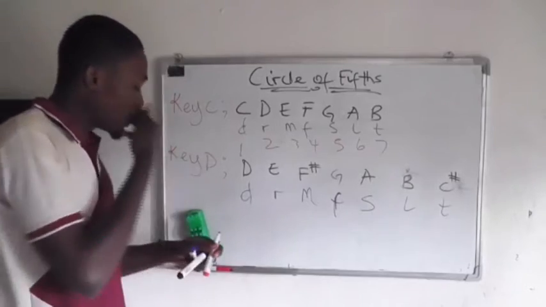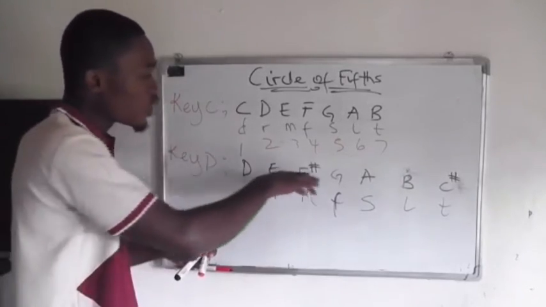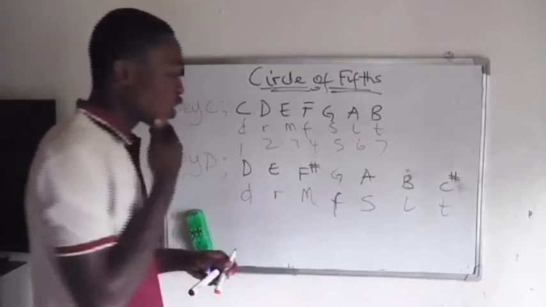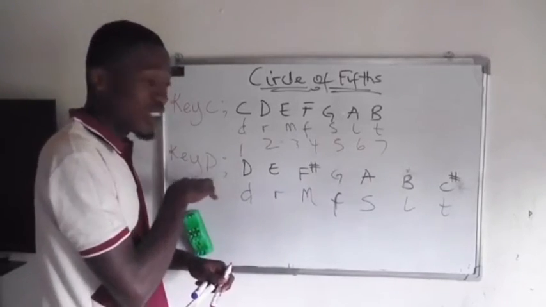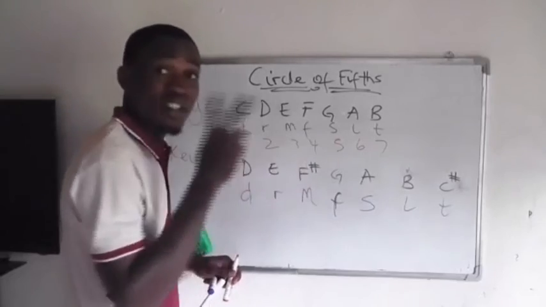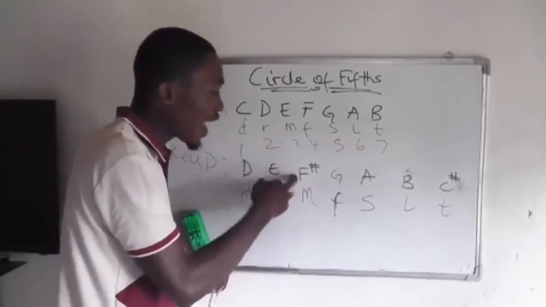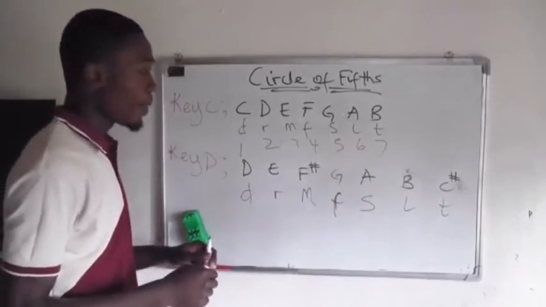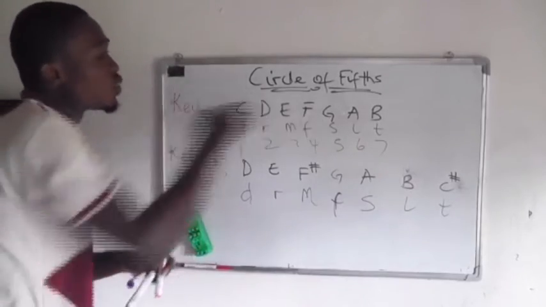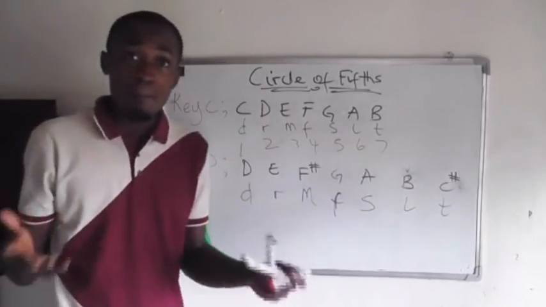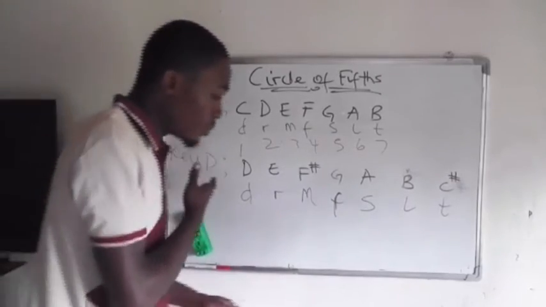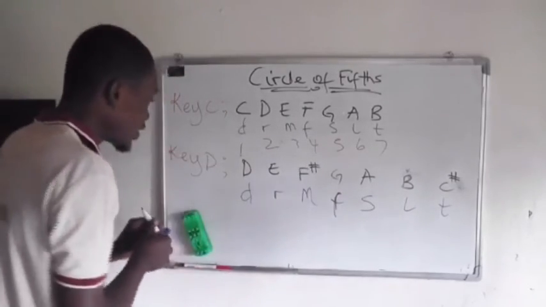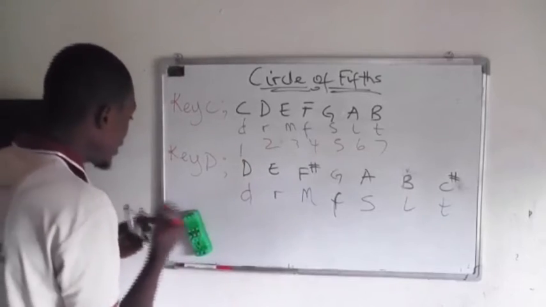So I believe you've gotten that. Now if you look at this, key D now will have two sharps. You discover on the scale of key D, like if you are playing sol-fa notation on key D, that you'll be sharpening two keys, which is the F and the C. But here you are not sharpening anyone. All are majors. So I want you to have that understanding. And if you also check some other key, let's try another key, G flat.